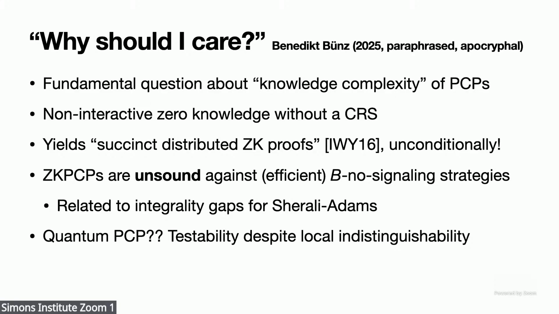And finally, as a big reach, maybe this has something to say about quantum PCPs. If you wanted to construct them, one of the obstacles is that quantum codes, quantum encodings of quantum witnesses, have a local indistinguishability property. That means that if you look at a small set of qubits, that set of qubits should not tell you anything about the encoded message, because otherwise you would break the error correction property of the code. And what this says is that, okay, that could still be the case, but you can